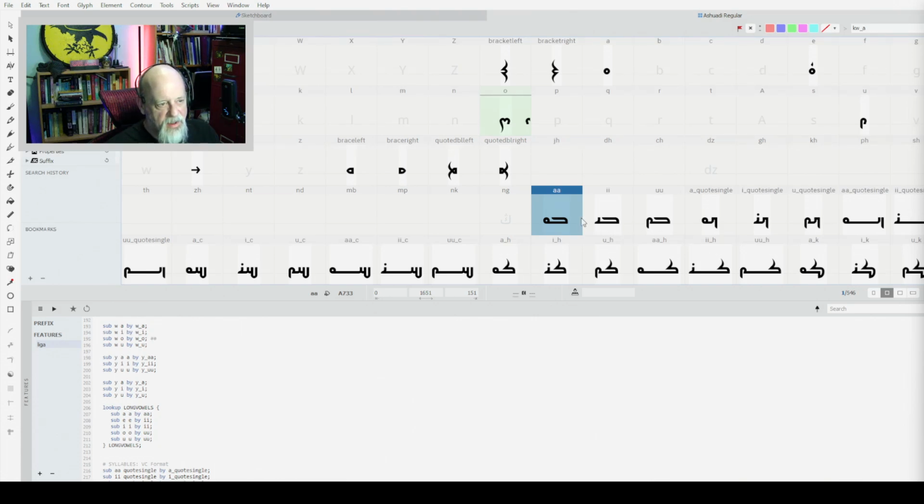Oh, I might need to add in EE and OO. I don't know if they're in this or not already. Okay, so there's another thing to check. I've got to cover all the possibilities of things that people could type in, or the font is just going to do weird things when you type some weird combination in.